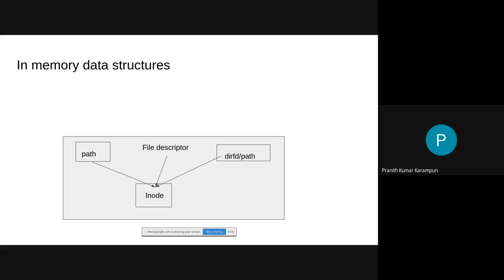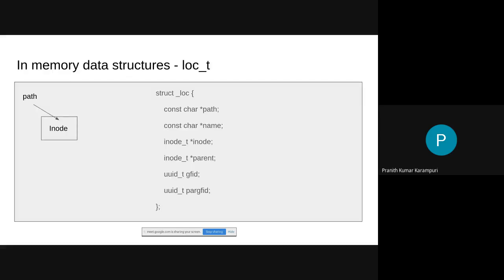So let's look at the ways GlusterFS accesses these files. From now on, inode is nothing but the file that is present on the file system, from the GlusterFS point of view. So this was a similar slide that was present in the earlier sessions, where I was telling that you can access the inode through these three handles. One is a path, another is a file descriptor, and the other one is a directory fd slash path relative to this directory fd.